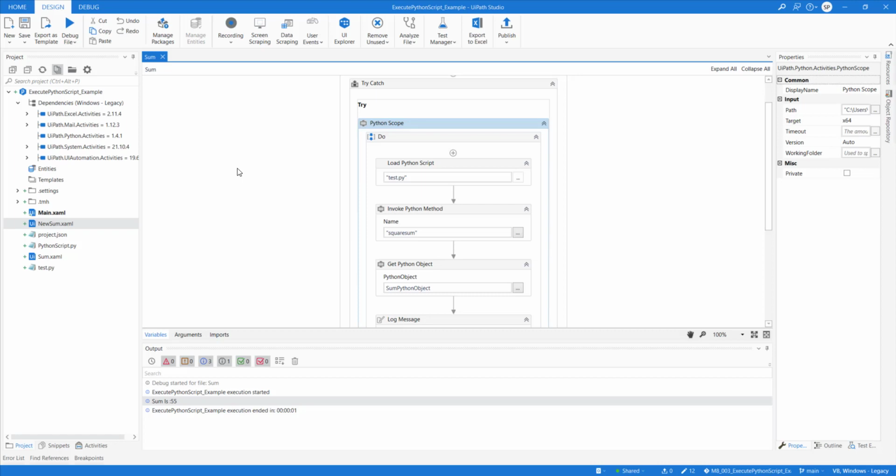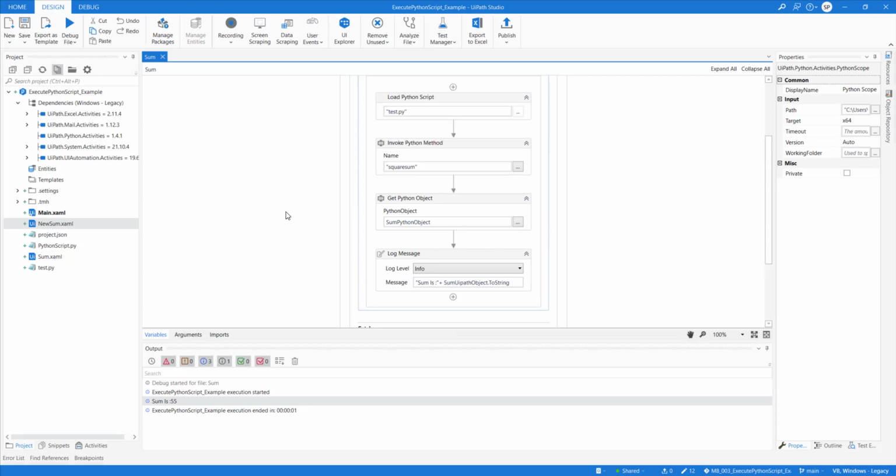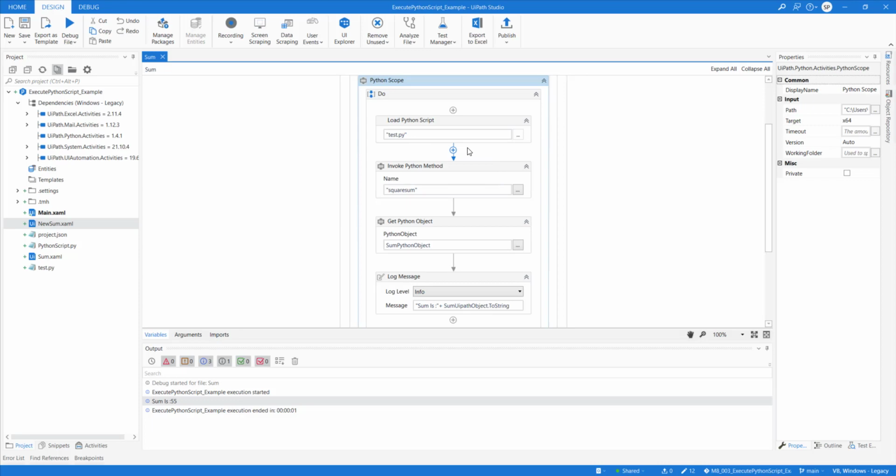So if you use system exception here, you might not be able to capture that. Or if you want to specifically print what went wrong with the Python script, for that you need to use invalid operation exception. That will give you more detail about this.